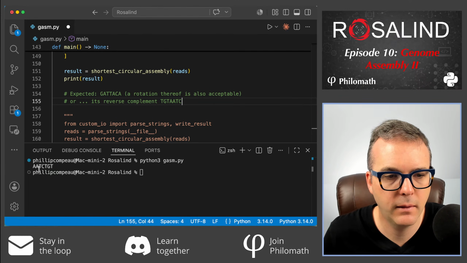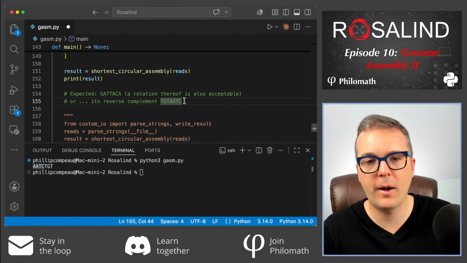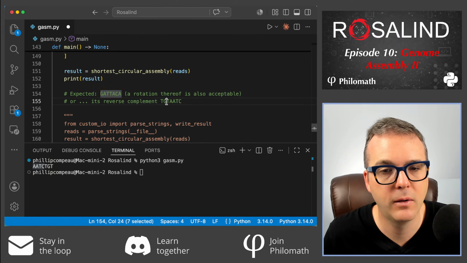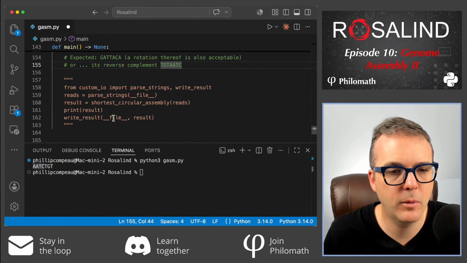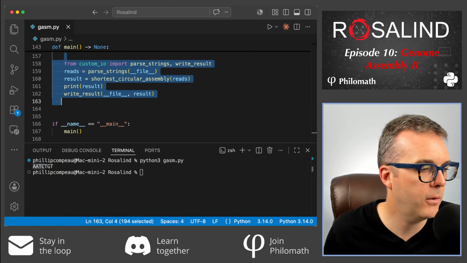And we see TCTGT. I was about to be worried. TGTAATC. So the autograder here is doing a lot of work. It's saying it can be any rotation of this string, or it could be any rotation of its reverse complement, and that's okay. So I think we should be comfortable